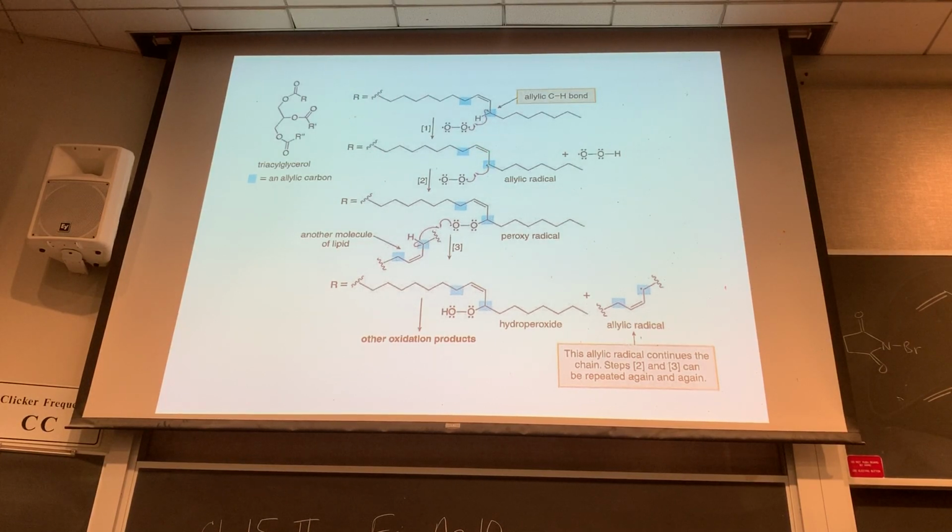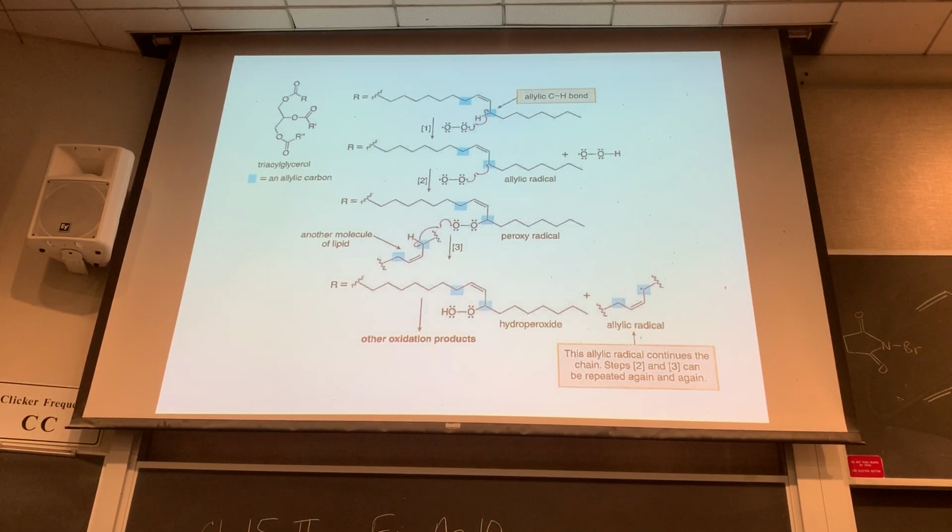Now that's a problem because more oxygen can combine there and form a peroxy radical, forming the carbon-oxygen covalent bond. And then this peroxy radical can propagate this chain process and grab another allylic hydrogen atom and make more allylic radical. Plus, this product here, this hydroperoxy allyl species, can then cleave and form different products like electrophilic